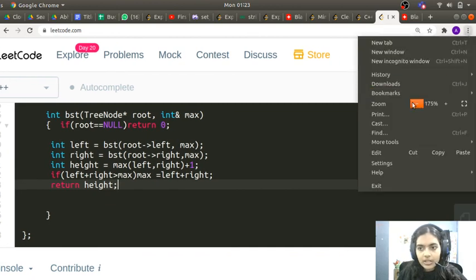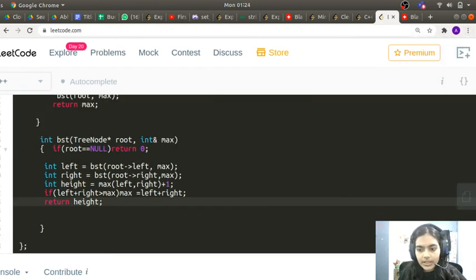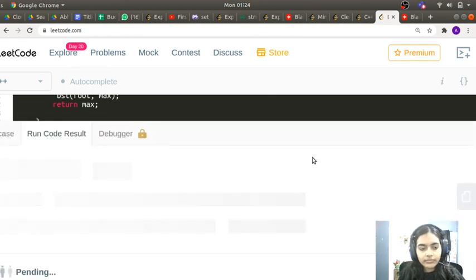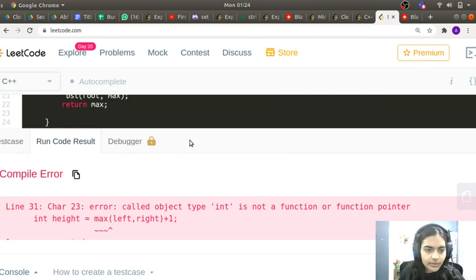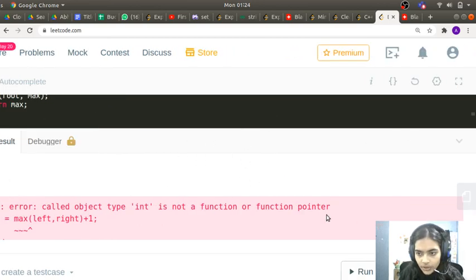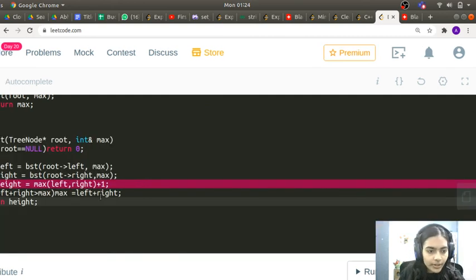This will be the answer, I hope. Let's run the code and see. There is some issue with the int height line. Let's try to sort it out.